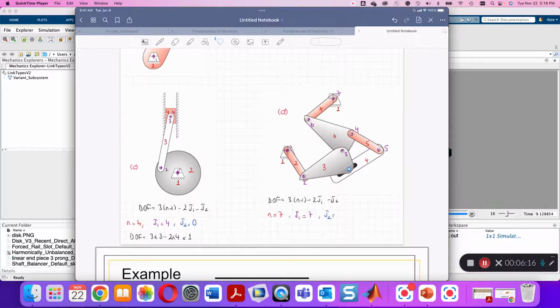This is not a ball bearing, so this will create a point contact on both sides of this slotted link here. So this will be counted as a higher pair kinematic joint. Then the degree of freedom should be equal to 3 times 6 minus 2 times 7 minus 1, which will be equal to 18 minus 15, which is